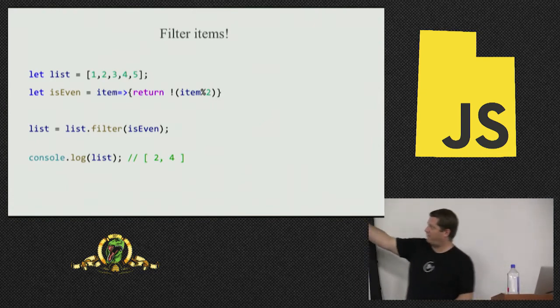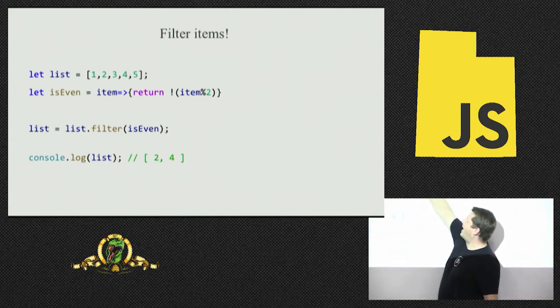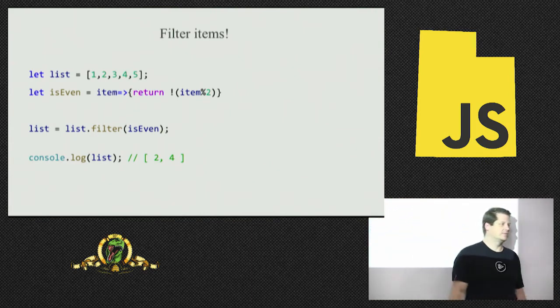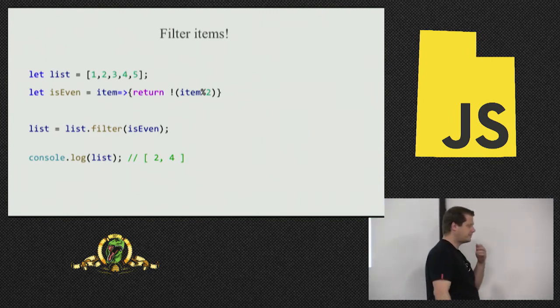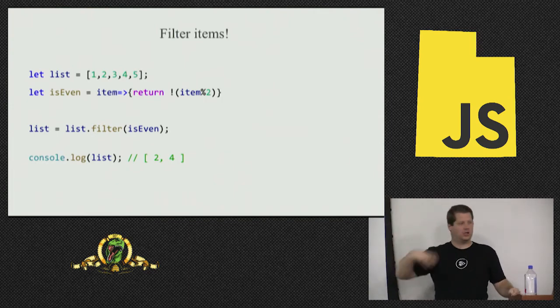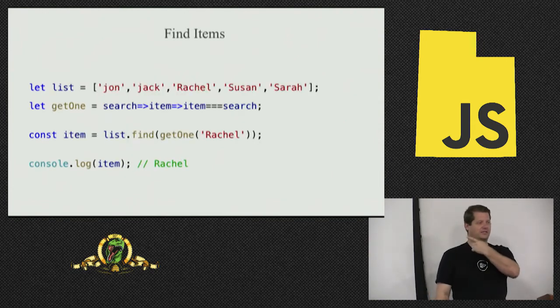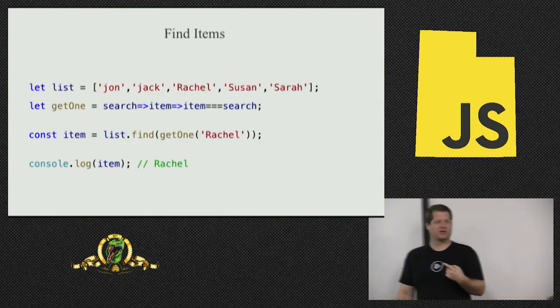So basically what filter does is it just takes this function, which is not 0, becomes 1, and it's even. So that's filter. What if I wanted to find something? Loop over an array and find something. See, if you liked my arrow functions before, you might like this one. This one gets gross.